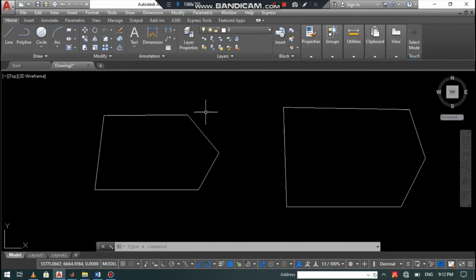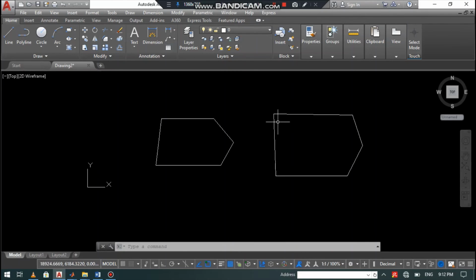Now in order to understand the difference between line and polyline, I have drawn two objects. Let's see what is the difference. This object which we have drawn with the polyline, you can see if you want to select, it is selected as a whole, and in this object, only one part of the line is selected. That is, this object is a combination of different entities of lines, and this object is acting as a single entity.